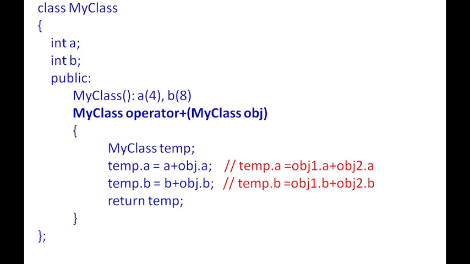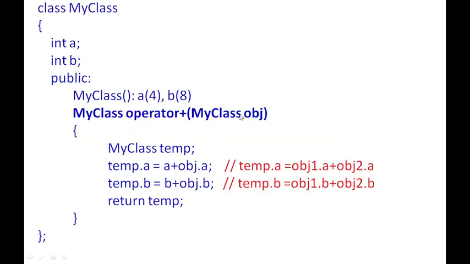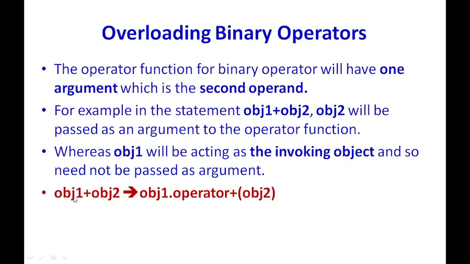And here is the operator function for the plus operator. It definitely has to have an object as an argument, otherwise it will be an error. It will be getting an object which is nothing but the second operand. So obj2 is what we will be receiving under this object, and obj1 will be automatically available as an invoking object. So we don't need to mention any object name for the first one because it refers to the object